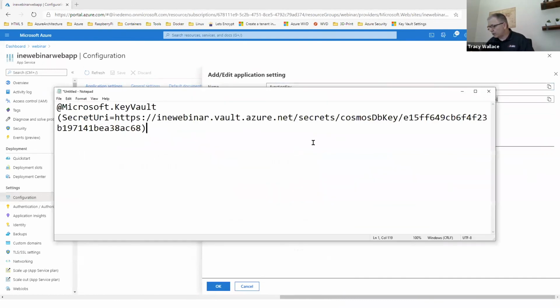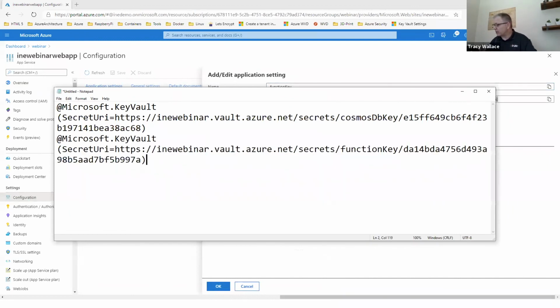Okay, if I put it in here, it's almost the same. I mean, it's the exact same structure. It's just a different secret that I'm pointing to, right? One's pointing to the Cosmos DB key, the other's pointing to the function key, which, to bring things full circle,